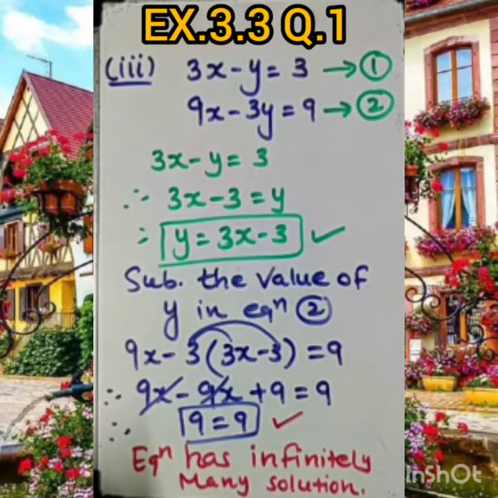This type of question will be asked as a 1 mark question to solve. And when you find no variable, x or y, then you need to mention this as the answer. It can be asked as an MCQ also. So you need to mention it has infinitely many solutions, plural. Got it?